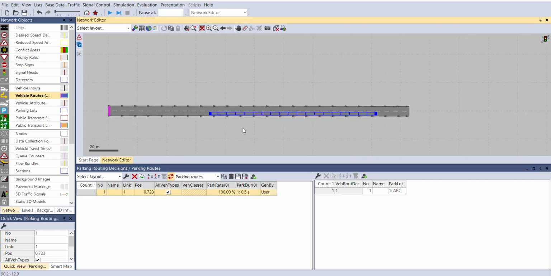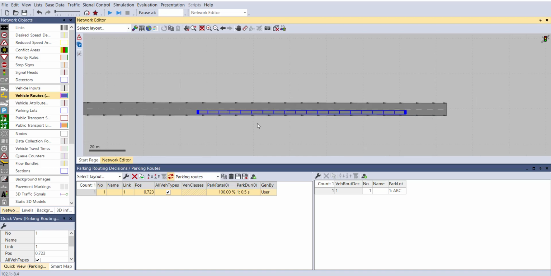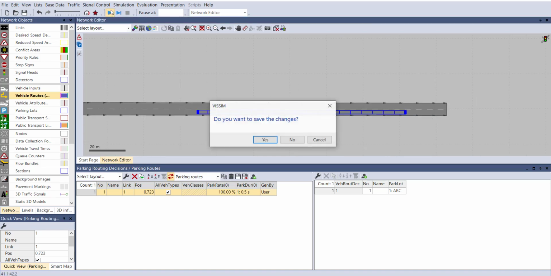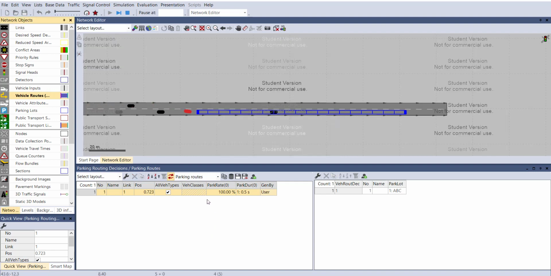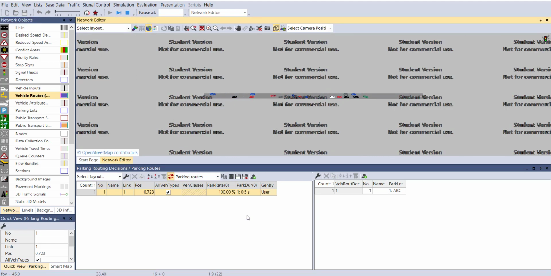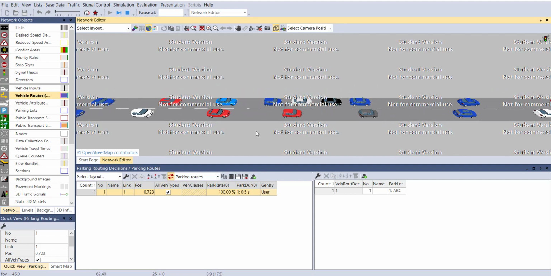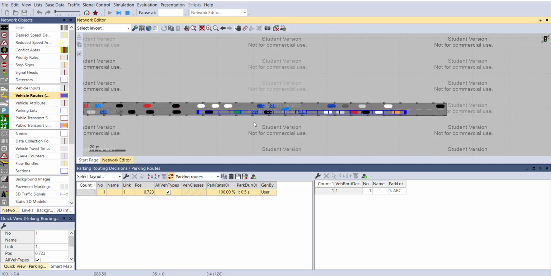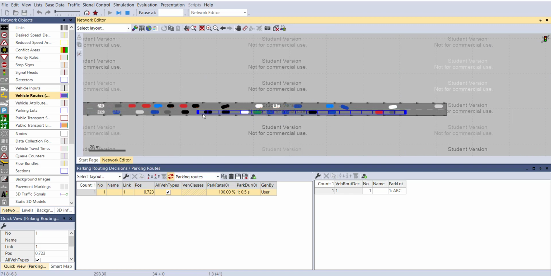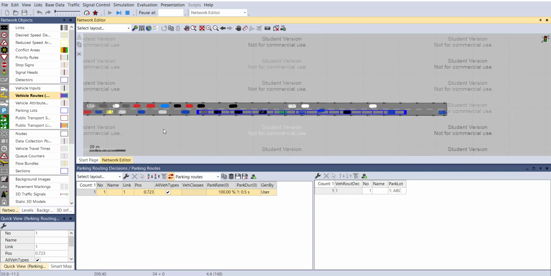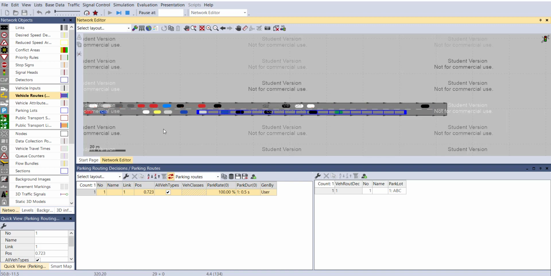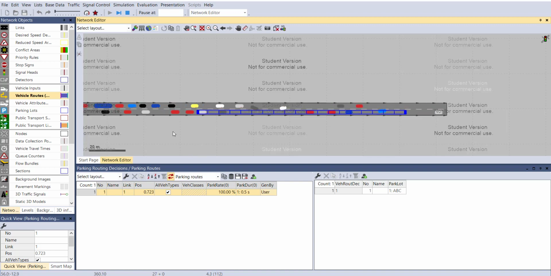Now let's see how vehicles will behave when we have provided parking on one side of the road. So here you can see vehicles are stopping. If you want to see it in 3D, here you can see that due to the on-road parking, other vehicles are getting disturbed and their parameters like traffic delay and traffic speed will be influenced. You can check the impact of those parameters by data collection points and other parameters that we have discussed in earlier videos.